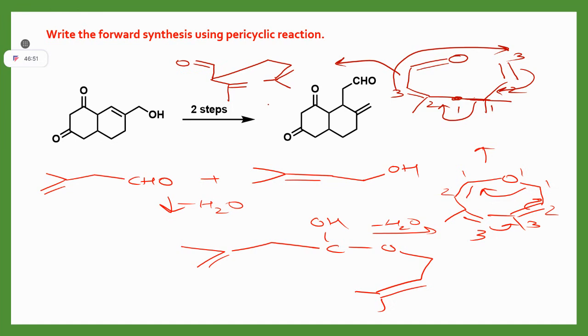So this is your final product. One double bond is also missing. That is, I think, this one. Yes. So take home message from this is, if you want to introduce this methylene type system from this allylic alcohol, you can do condensation reaction followed by your Claisen or Cope, whatever possible.